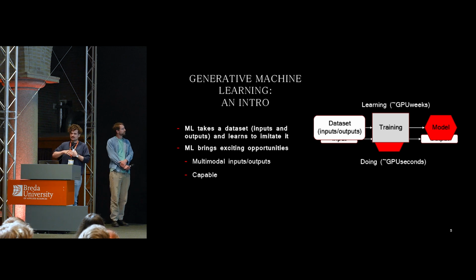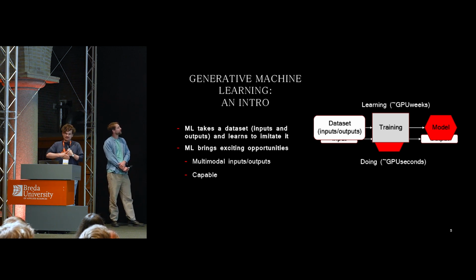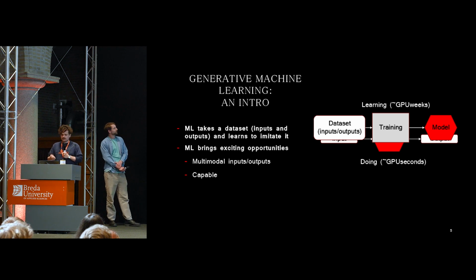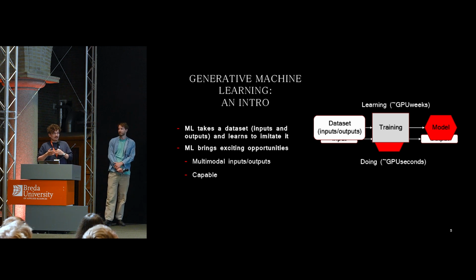So for one, we have this concept of multimodal, strange inputs and outputs. The example of sound and images, but it's really anything that can be represented as numbers on a computer, which everyone in this room knows is quite a lot of stuff. So we can do images, sounds, in principle, but we can also fold in other stuff such as player data. All of this can end up being an input or an output to a machine learning model. And also, it turns out that machine learning has become a lot more capable in recent years. So you'll see stuff like LLMs, which are creating really amazing things. And so we've really made some steps forward.